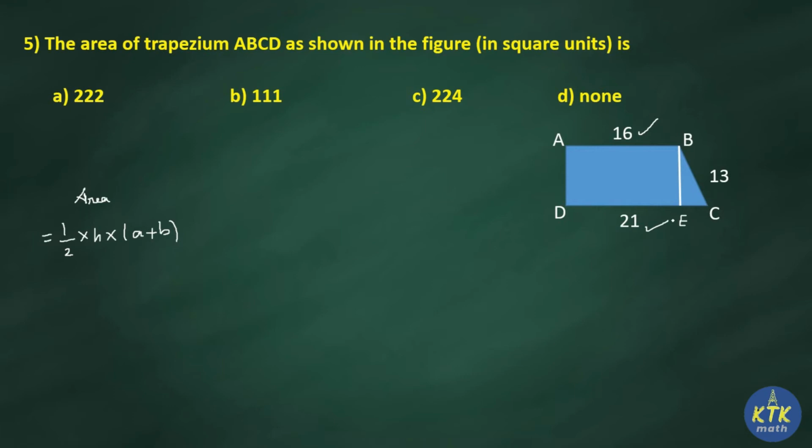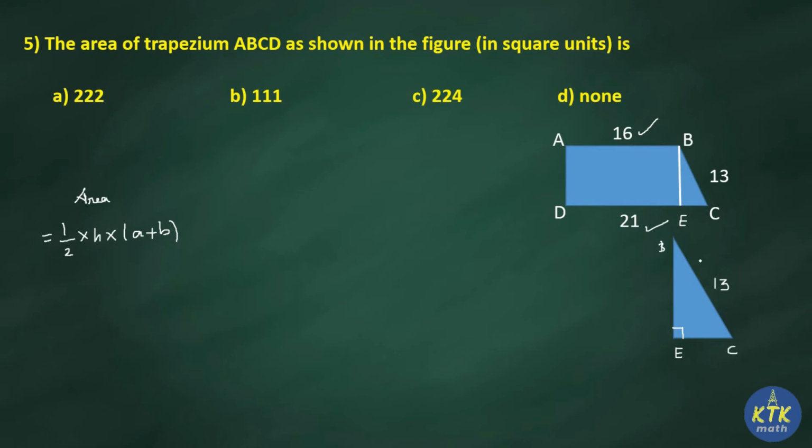Clear? Now this can be cut and removed as a right angle triangle. So we know the perpendicular distance will frame a 90 degree angle there. Therefore automatically this triangle will be a right angle triangle. So now in the right angle triangle, this 13 is nothing but the hypotenuse. And then what is the distance between this E and C? This is E, C, and here it is B.